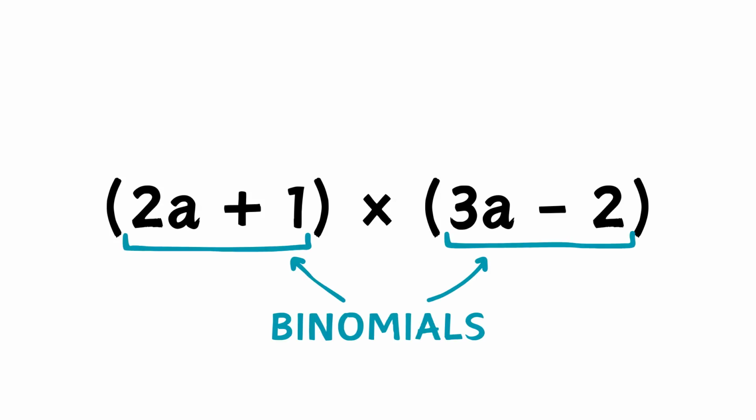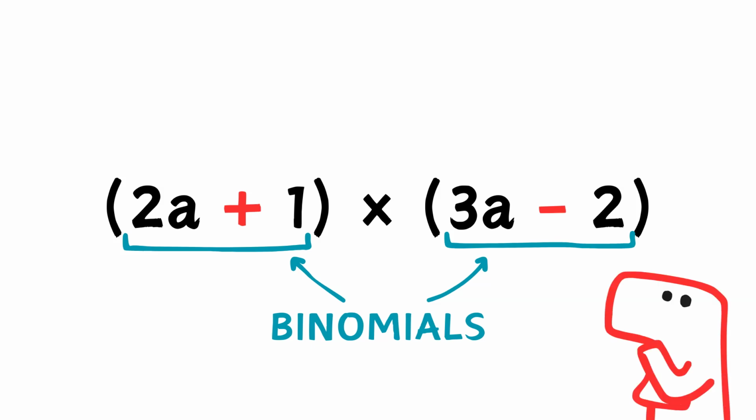How do we multiply two binomials, expressions with two terms? Something that's making things tricky is the addition and subtraction. What do we do? If you watched our video on the 4 basic properties of math, you know about the